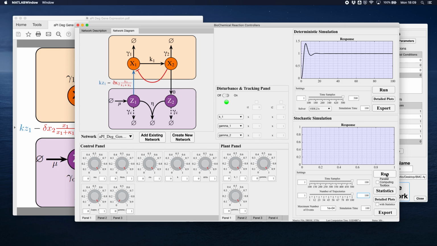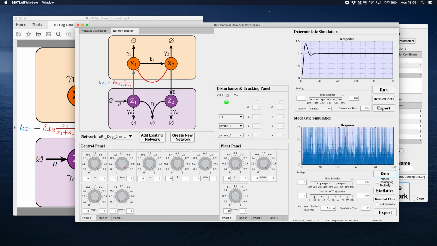And then we can hit the run. You can use the parallel computing toolbox for this, but let's not use it for now. This is showing you a bunch of trajectories for the output. It's not going to be very clear because there's a bunch of them. But you can hit the statistics button, which is going to show you the mean in black and the variance